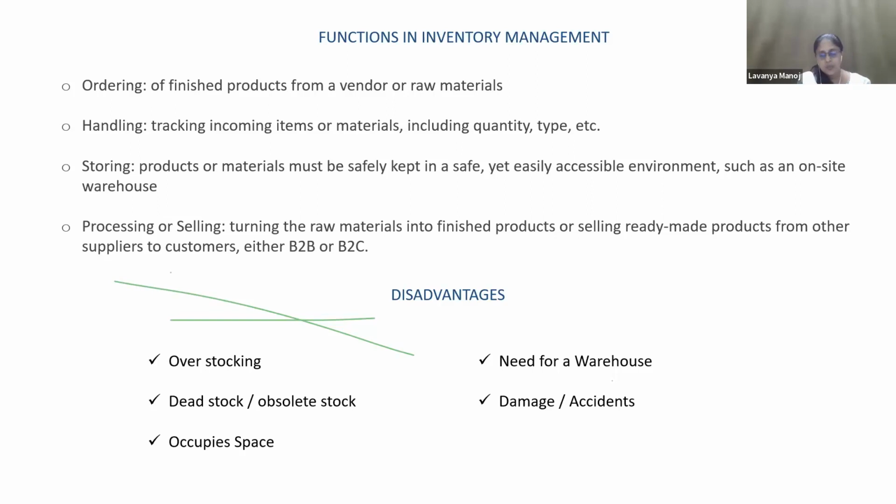The first and foremost rule is any product which comes into the warehouse has to exit. However expensive the product may be, even if it is a 100-carat diamond, it has to be sold so that the company makes a profit. Otherwise, if it stays in the warehouse for a longer time, it's a loss to the company.